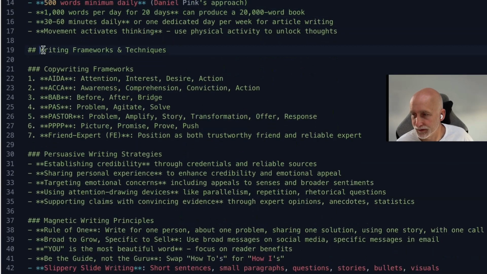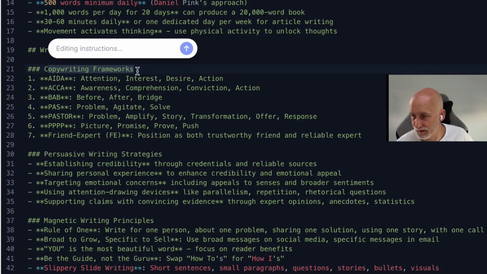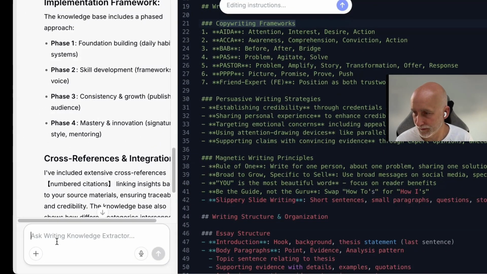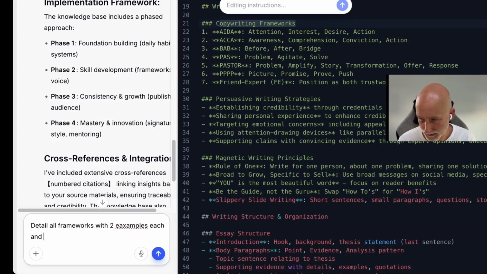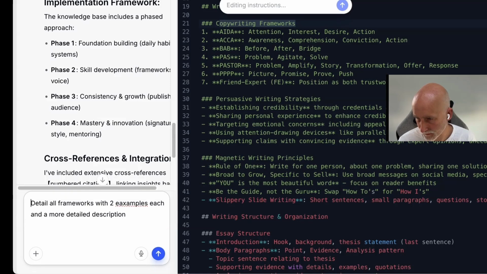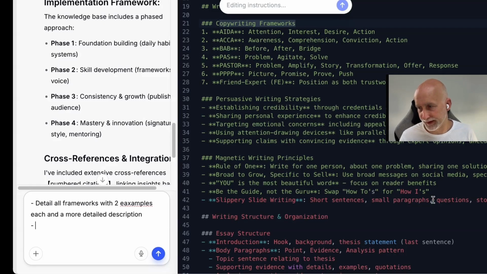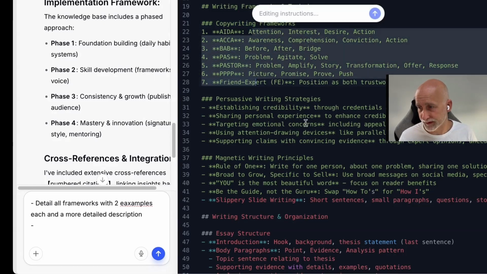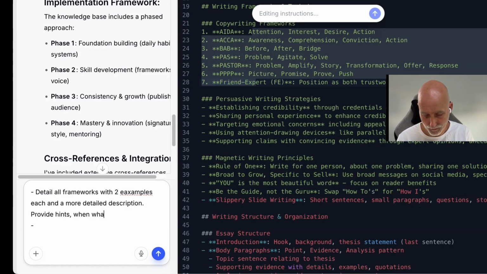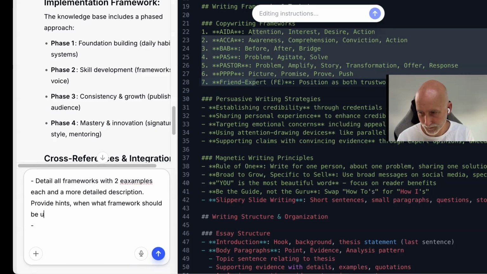And then it comes to techniques, okay. It lists frameworks. So I would already take a note: detail all frameworks, two examples each, and more detailed descriptions. I just take these notes while I read. I can later give this in one big summary to the next iteration. But this is already cool. Of course, it would help me. I would also say provide hints on when what framework should be used, because I guess there are certain situations. So then